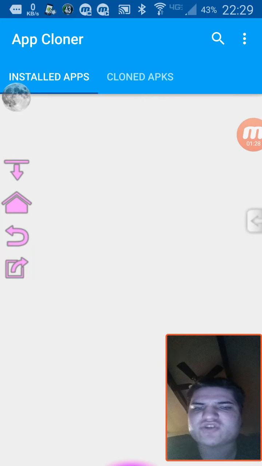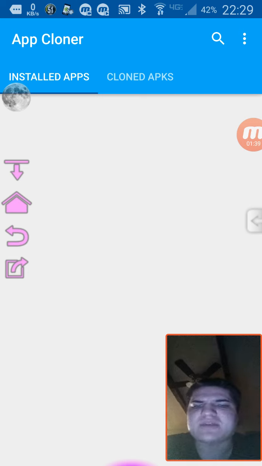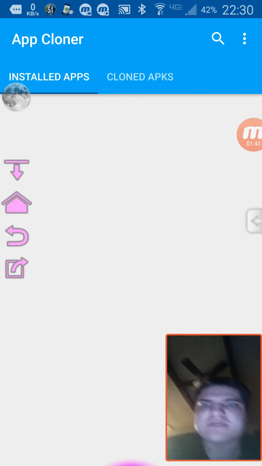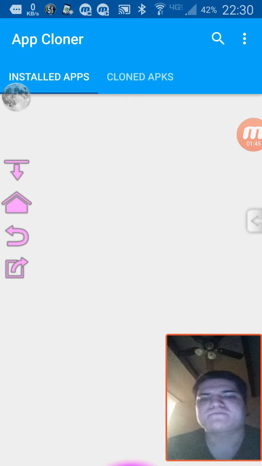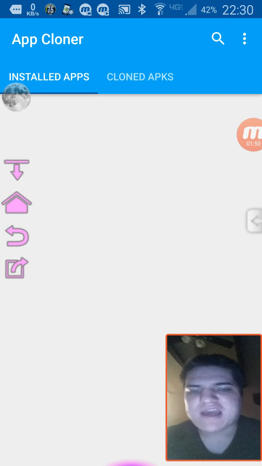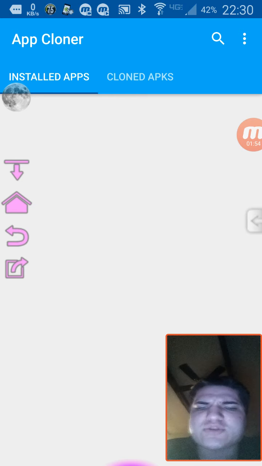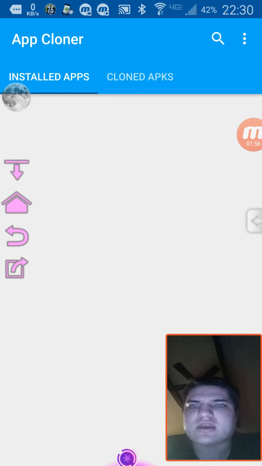Add a bunch of extra features to your apps. You can add locks, passcodes. One thing I really like about App Cloner, which I thought was a really cool feature, is you can make the app say error when it's first opened, and then you have to double tap and type in a passcode. Now, I don't really have a use case for this. I just thought that was really interesting. You can add a really passable lock on any of your apps that doesn't have to always be running in the background because it's modded into the app, so it won't slow down your phone,